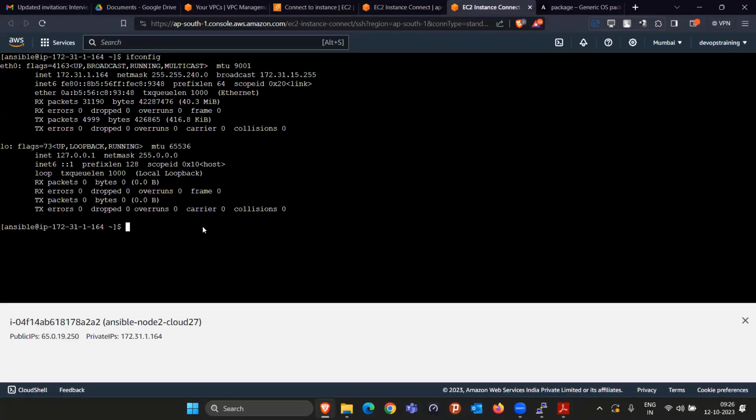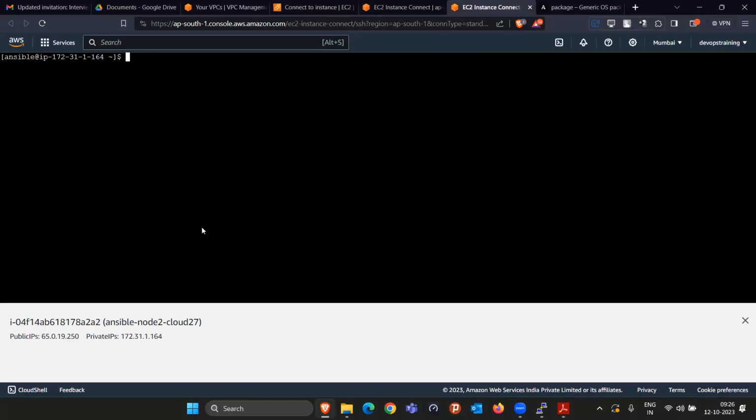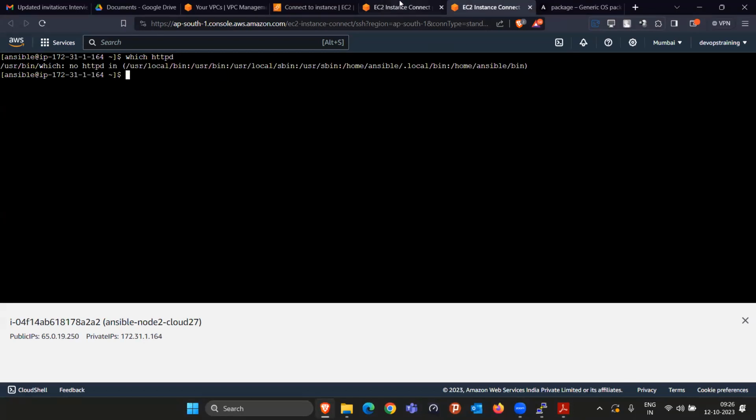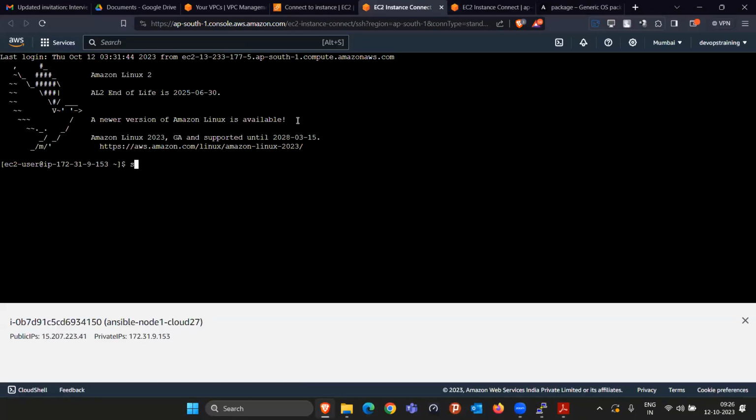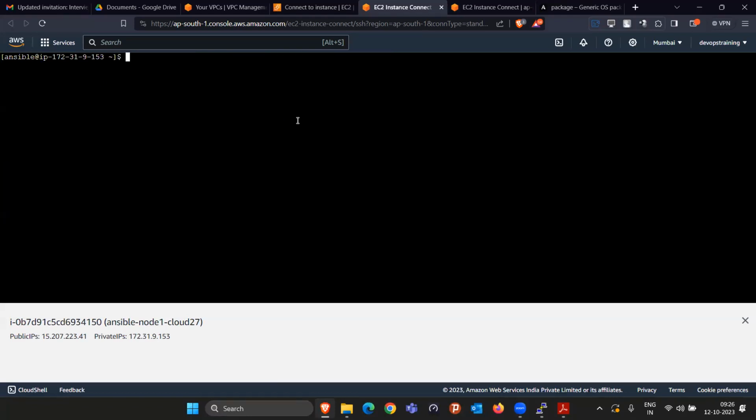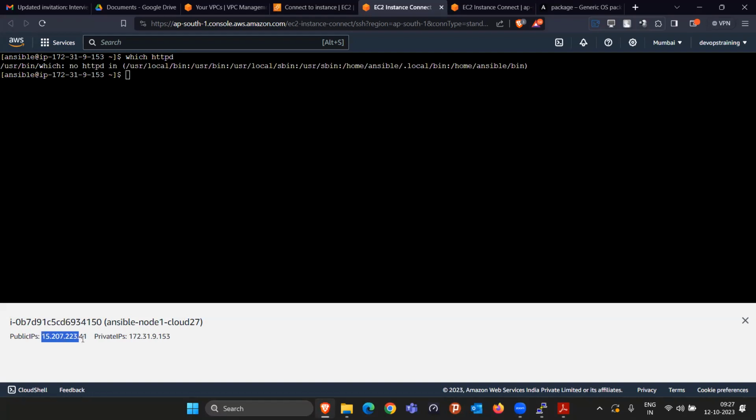Meanwhile you will see here, currently the HTTPD package is not present. We will verify with which HTTPD, not present. Similarly in this machine also, sudo switch to ansible, clear it all. And if I say which HTTPD, here also the HTTPD package is not installed. If I copy this public IP and paste it here, the website currently will not be